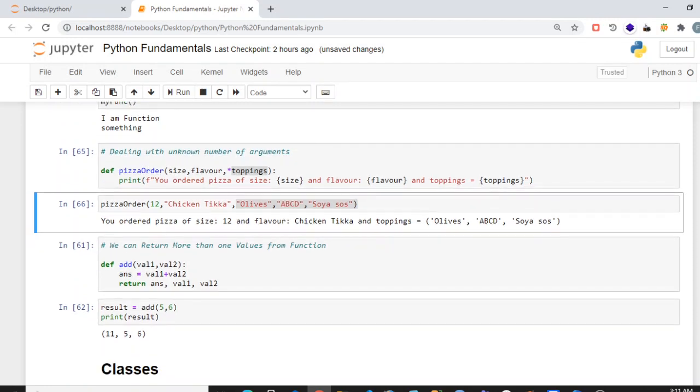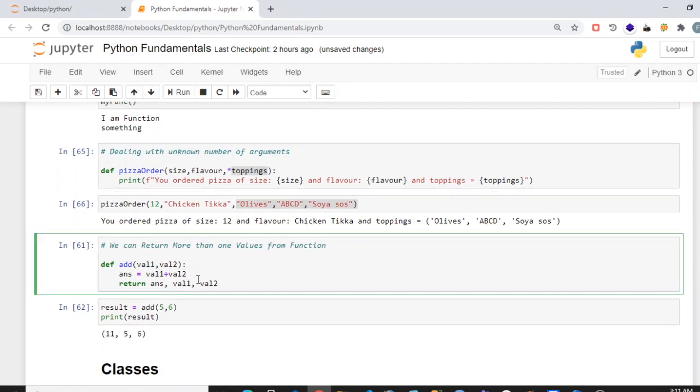And we can return multiple values from a function. For example, here I have created a function add, which returns the sum of two values, as well as the original values, variable 1 as well as variable 2.